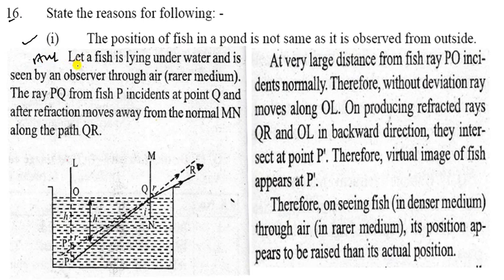That is the first difference. The second is, in case of a real image, reflected rays actually meet at a point, and in case of a virtual image, reflected rays appear to meet at a point. Here they clearly actually meet, and here they appear to meet. And the third one is, a real image can be obtained on the screen, a virtual image cannot be obtained on the screen. So that is the difference between the real image and the virtual image. So you have to write this very well.